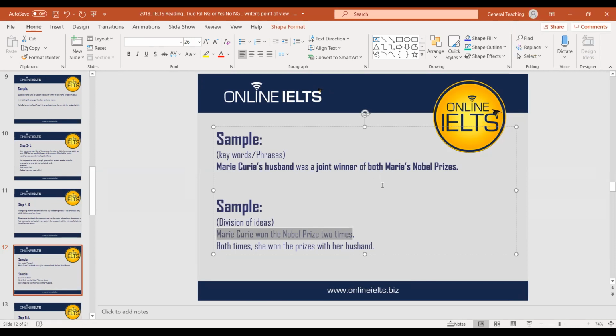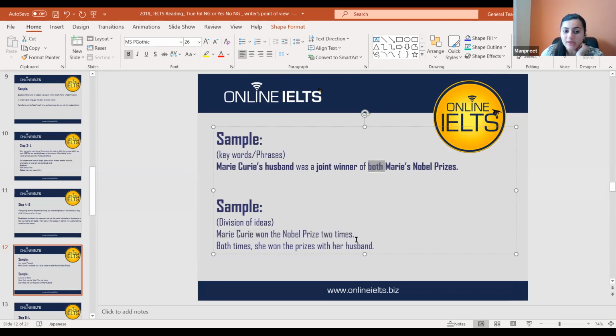When the things are common in both of the instances. So both means, can it be more than 2? No. Only 2. So yes, that's it. Good. So both means 2 times. Okay, so in simple words, the first idea is Marie Curie won 2 times because it says both, and you will have to do this,